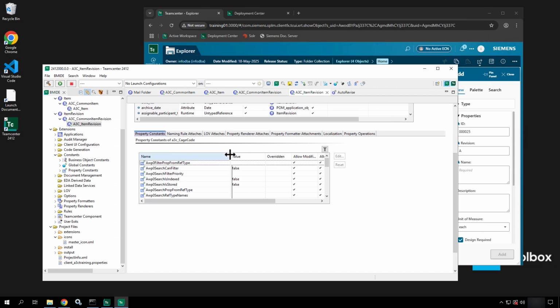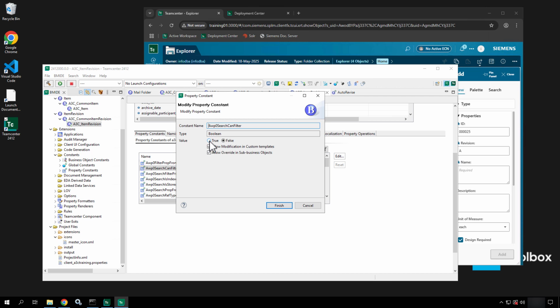If I go down in here, I've got search can filter. Do I want to be able to search on the data that was going to be in this property? If the answer is yes, make sure that you toggle this to true. So notice it says this property cannot be selected since it is not marked for indexing or storage. So filtering